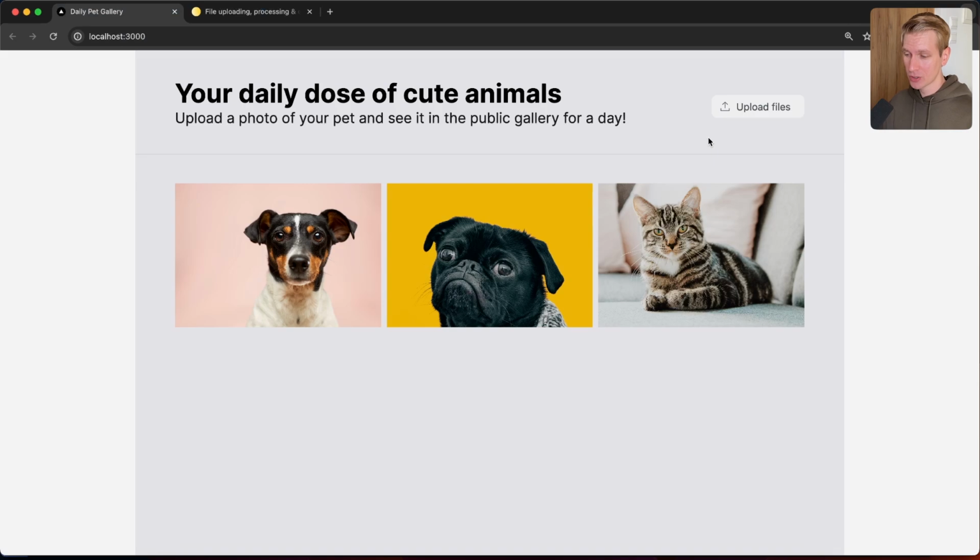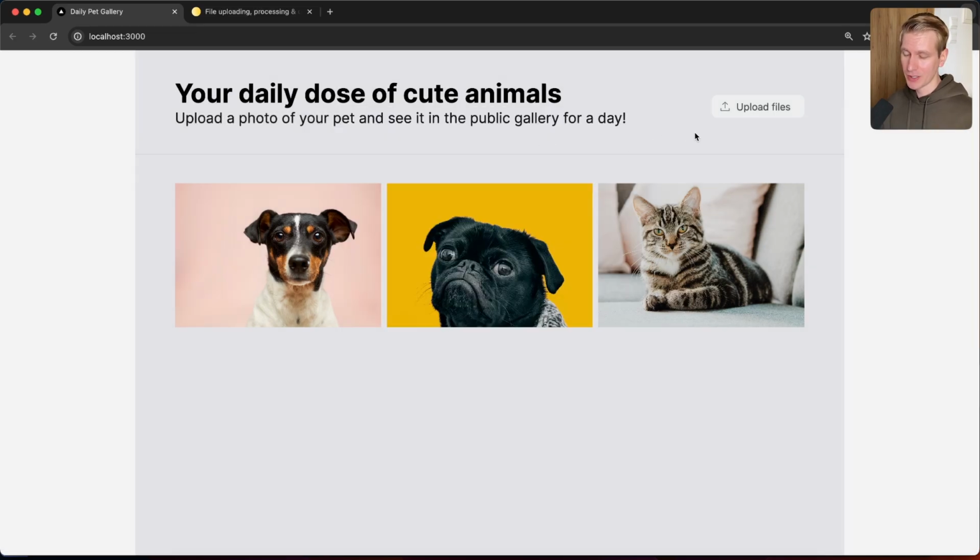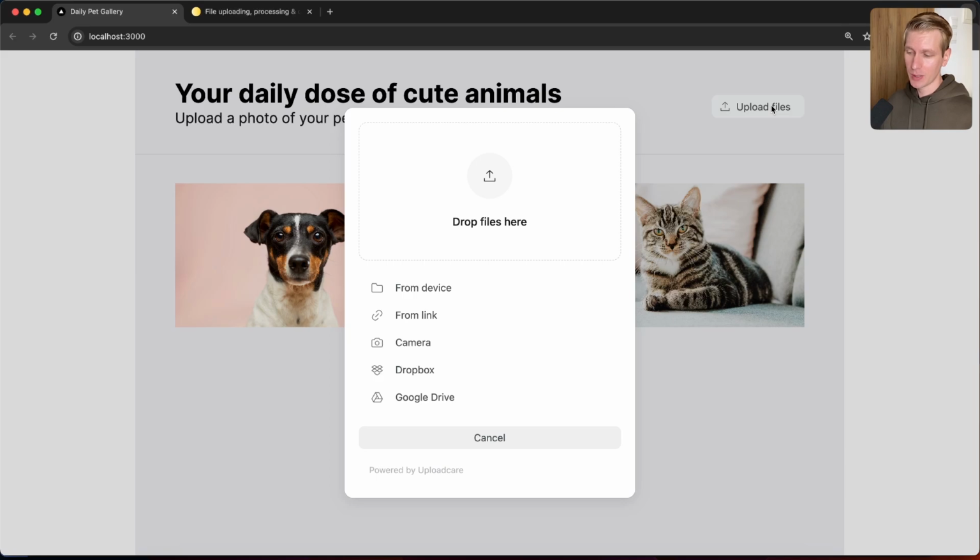If you would implement image upload completely yourself, you would have to first of all create a UI widget so that users can actually drag and drop and upload their files. Then you need to put those files on a CDN so it's very fast. And you want to optimize the images, so you want to serve WebP and AVIF format. You want to make the images responsive so that you're not loading huge image files on small devices. You want to do validation so that users aren't uploading huge files or the wrong format. And there are so many things to think about, and therefore I don't recommend that you implement all of that